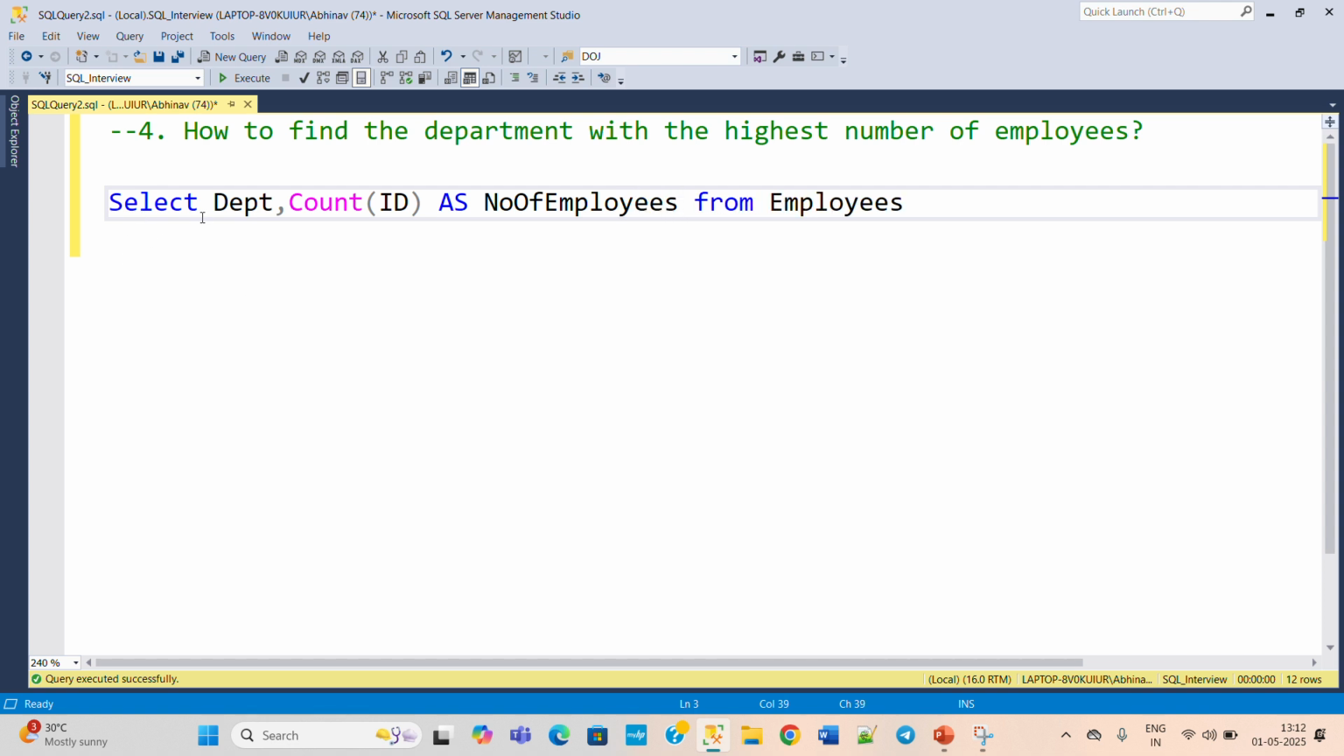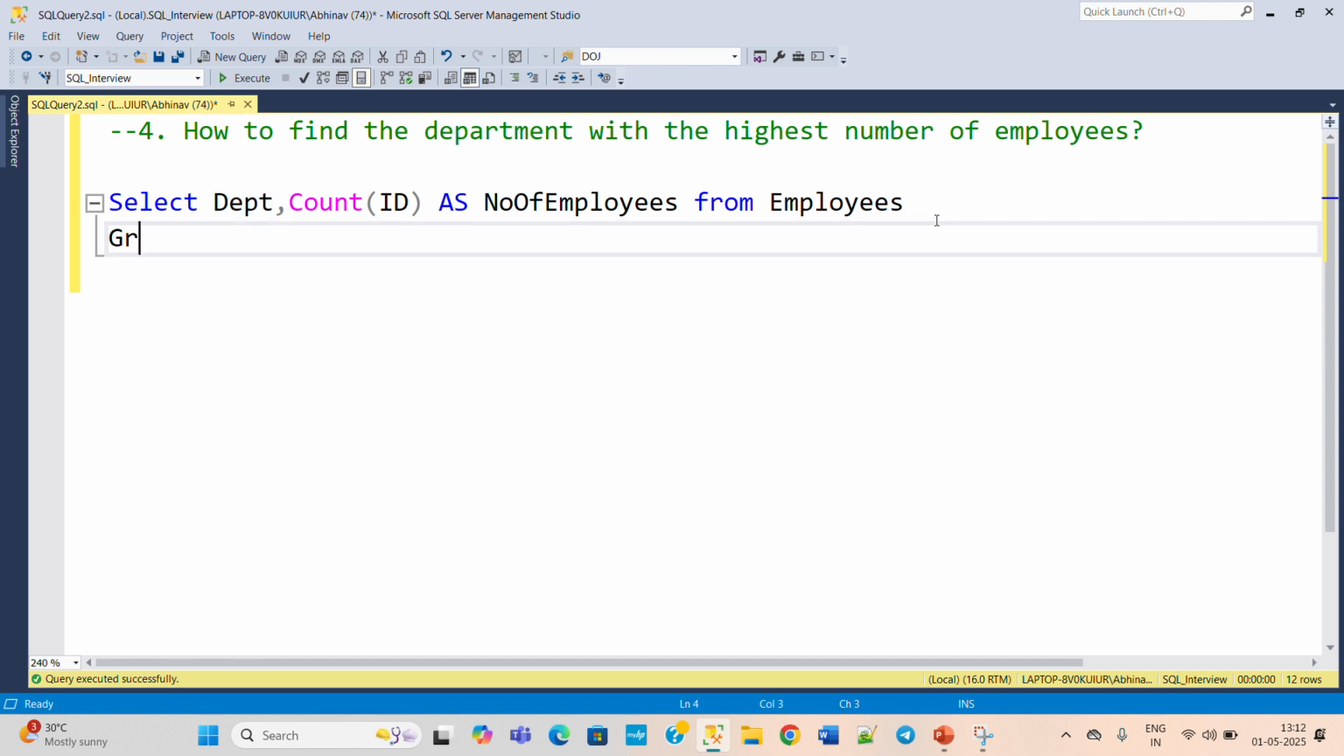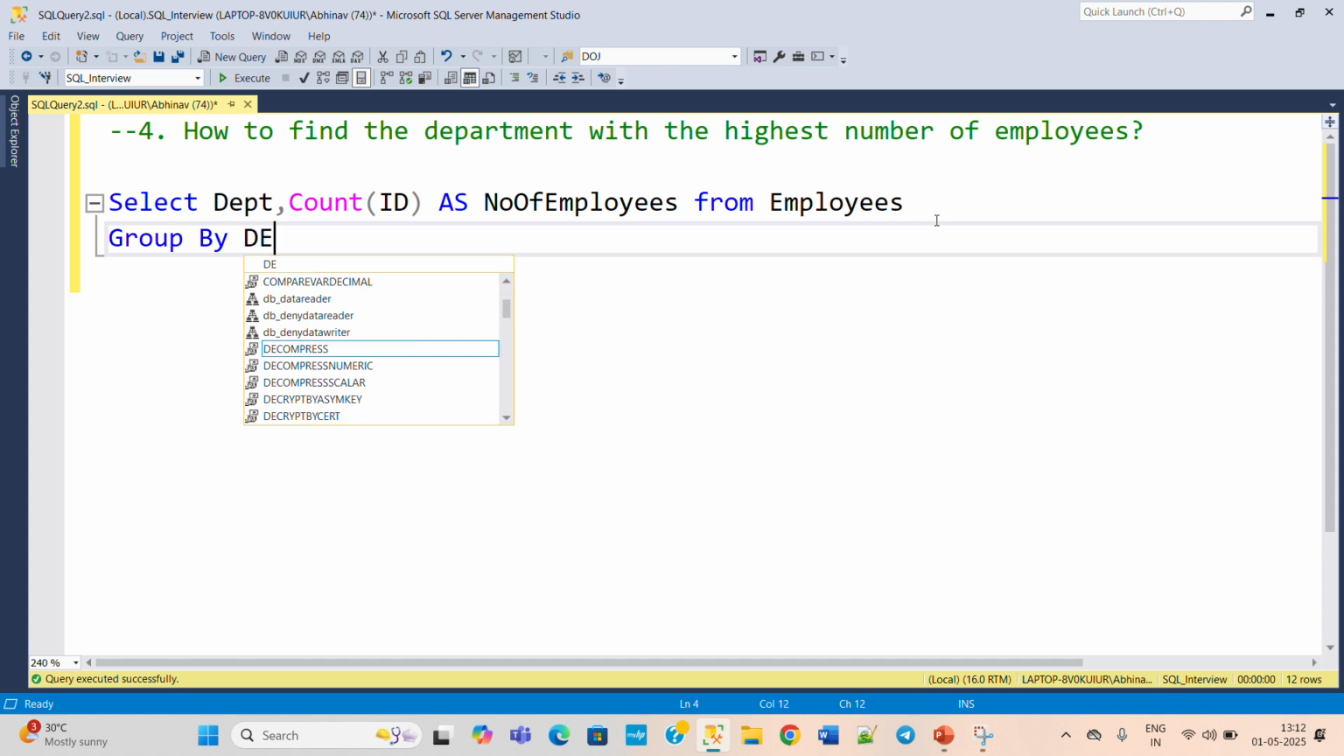Okay, this is clear. We are finding the count of employees on the basis of department. So we will now put the department in the group by clause, because it is neither contained in any aggregate function nor in the group by clause, so it will throw the error. And we need our record per department, so we need to do the grouping as per the department. Now group by department,